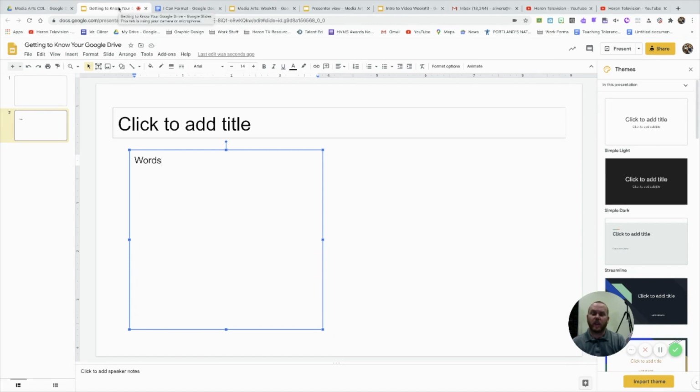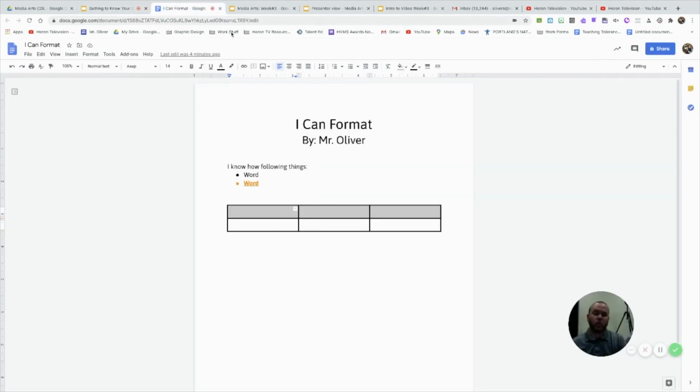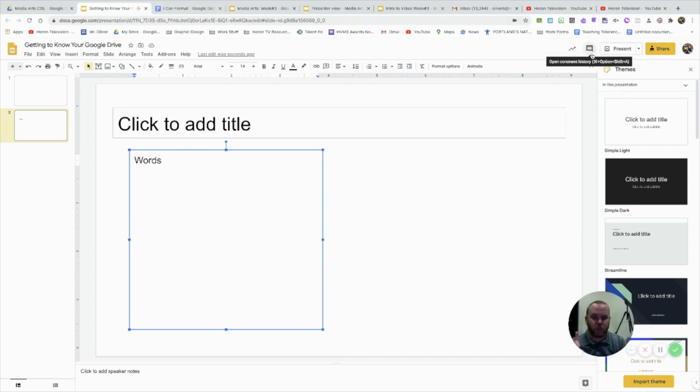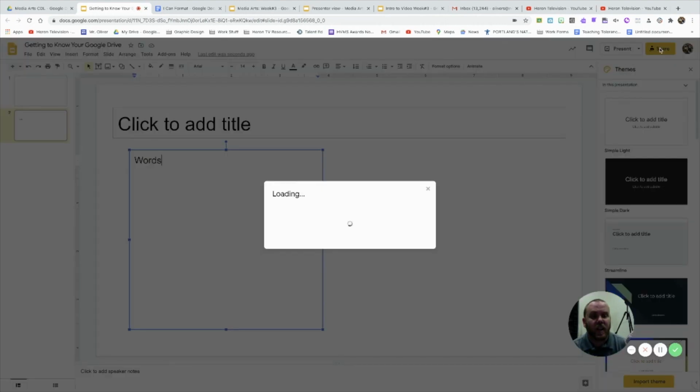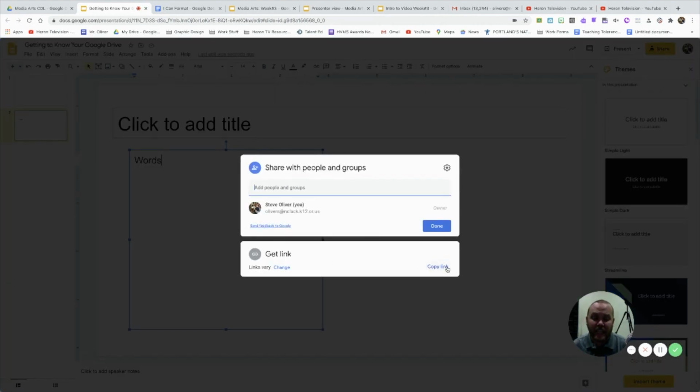So you're going to take the screenshot of your document. And most importantly, we now have to go back to icon format because the one thing we forgot to do was add the link to our presentation. So now that we have the presentation created, now this is really important. I want everyone to follow carefully. You're going to click the button that says share. And notice it says anyone with a link, North Clackamas Schools. Anyone who has the link can access, no sign in required. So you're going to make sure that you can click on this and then you're going to select get link and copy link. That means the link will be copied to your computer's clipboard and you'll be ready to share